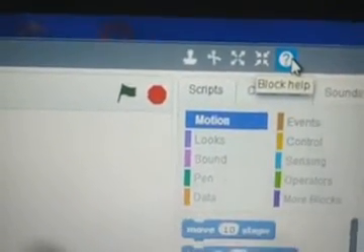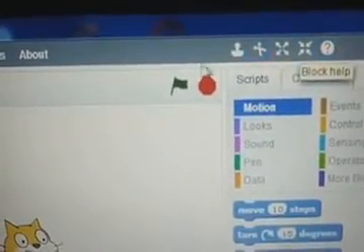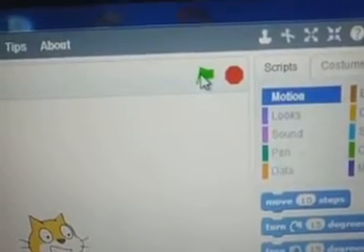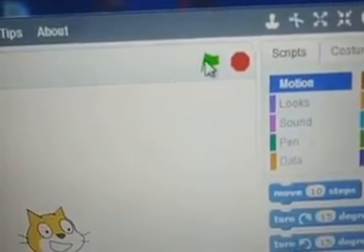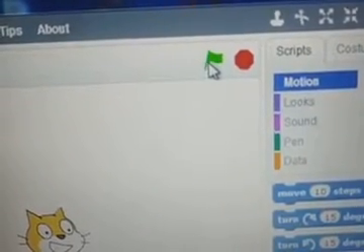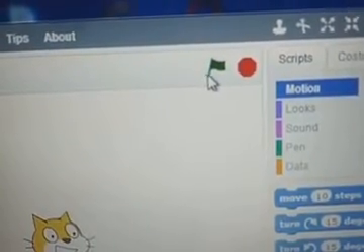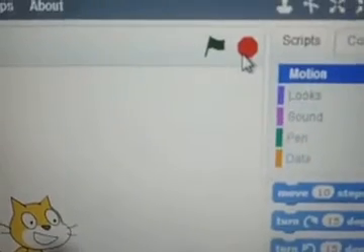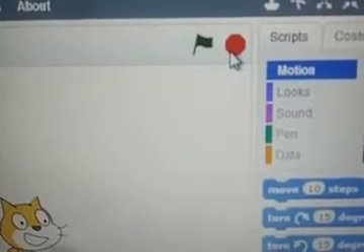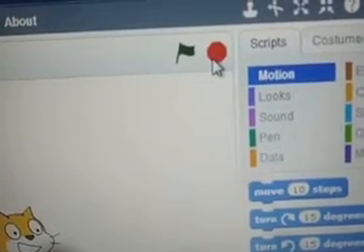After this, we will go through the tools. There are two tools. The first is Run, and the second is Stop. Run the application, and second, stop it. So we run the project with the green flag, and stop the project with the red flag, whenever it is going to be moved.